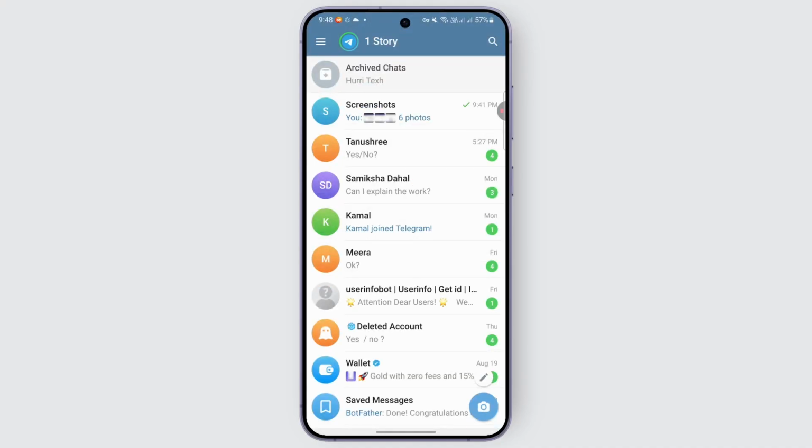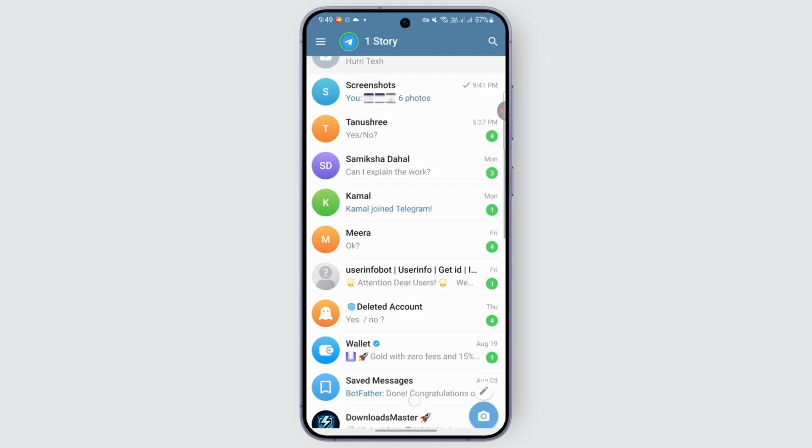So if you're looking to join a Telegram private channel without any invite link, you generally cannot join a private Telegram channel without a specific invite link, because private channels are inherently secure and require direct approval from an administrator or a valid invite link. However, if you know the exact name of the private channel, you can just go ahead and open up a browser,